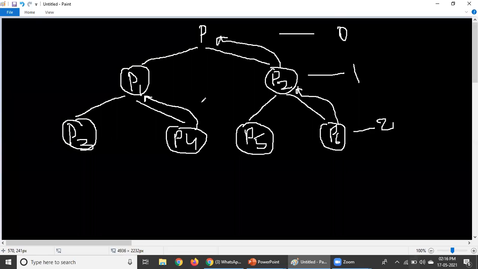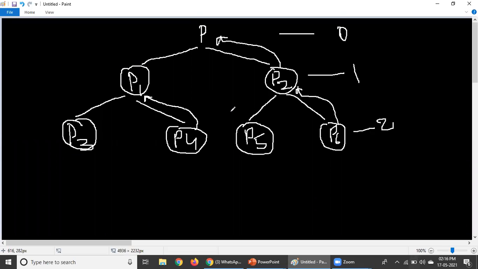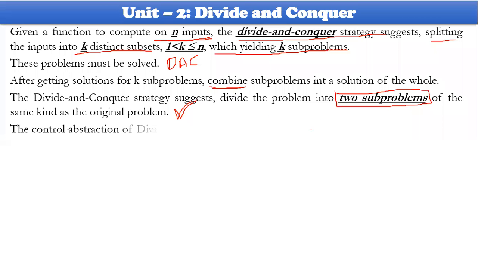Okay, let us take the general method, then it is very easy to understand. Then the control abstraction or general method will be the same kind of words. In our final examinations, they could ask you to write the control abstraction of divide and conquer. Otherwise, write the control abstraction of greedy, or write the control abstraction of dynamic programming. Something like that they will ask you. So general method or control abstraction, both will be the same.